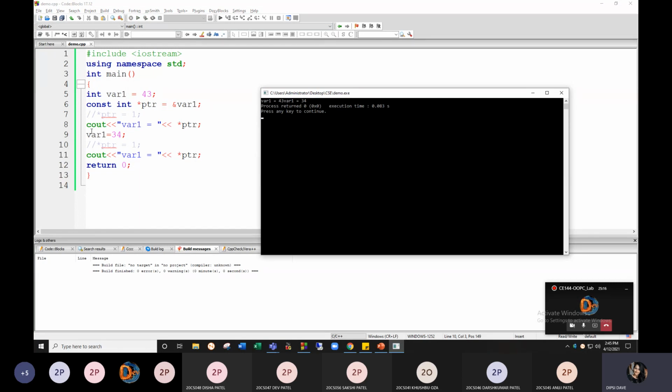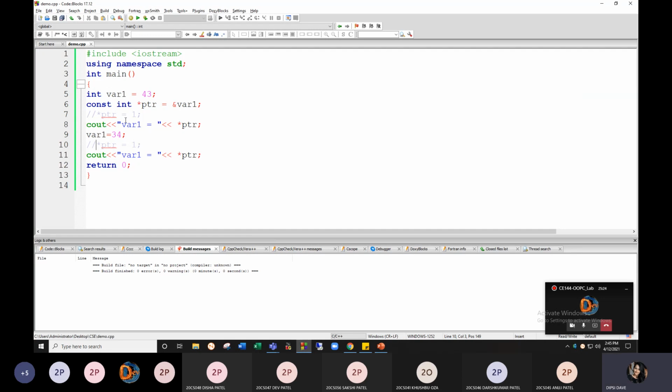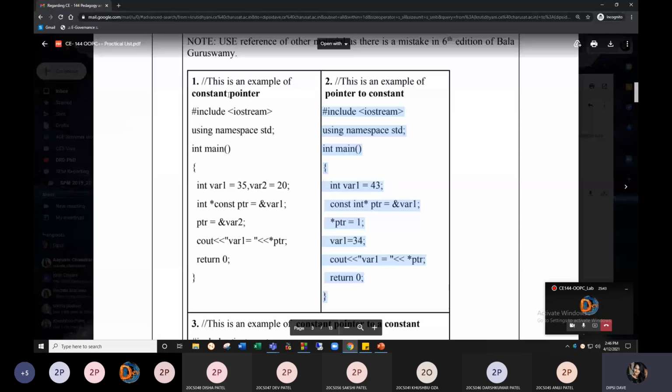So by only using the variable, if you update the value, that is fine. But you cannot update using the pointer, right? So the variable indicated by a pointer will be constant if you try to change the value of that variable through the pointer. That is nothing but a pointer to constant, right?